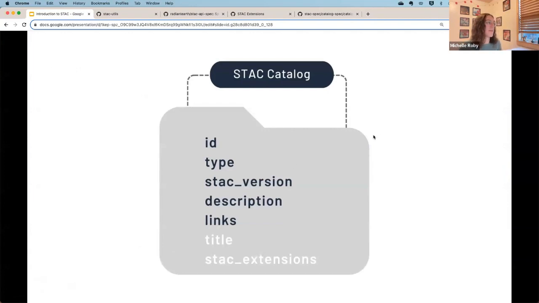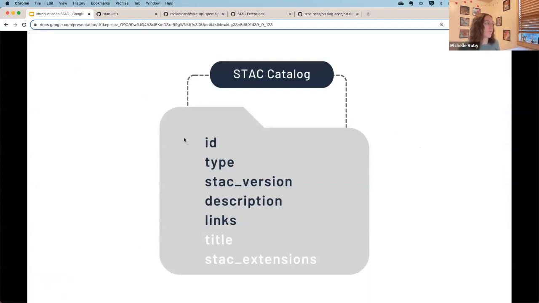So I just wanted to go back to this graphic again, now that we've looked through those a bit. I have a few of these graphics throughout this presentation, and everything that is in the dark blue is a required field, and everything in white is an optional field for that piece of STAC.